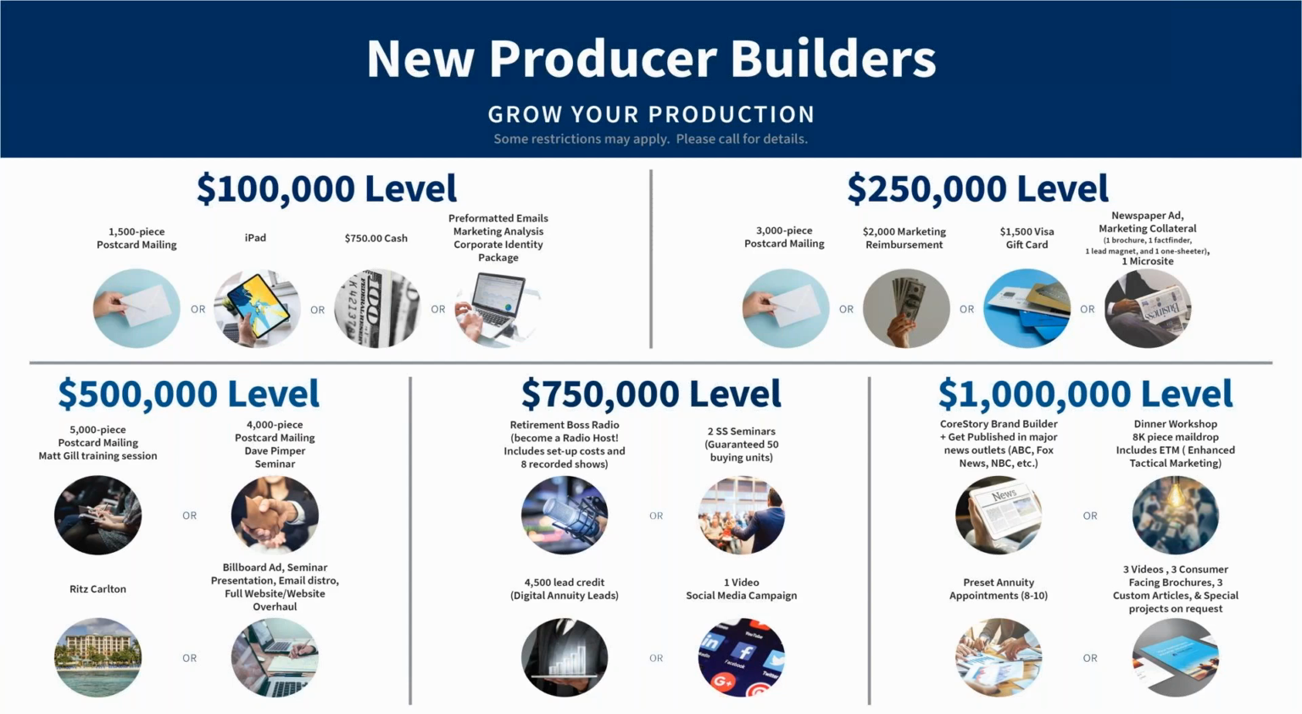During your first 180 days with us, you can see different levels on the screen: $100,000 in annuity premium or $10,000 in target life premium. If that is written through us in the first 180 days of your joining us, you receive one of the following: a 1,500-piece postcard mailing, maybe even one on asset-based long-term care, or an iPad, or a choice of $750 in cash sent straight to your doorstep, or our pre-formatted email and marketing analysis corporate identity package, which is highlighting and building your brand, as well as pre-formatted emails to send to your existing clients, all the way through the $750 to $1 million levels, which will go up into preset annuity appointment programs,